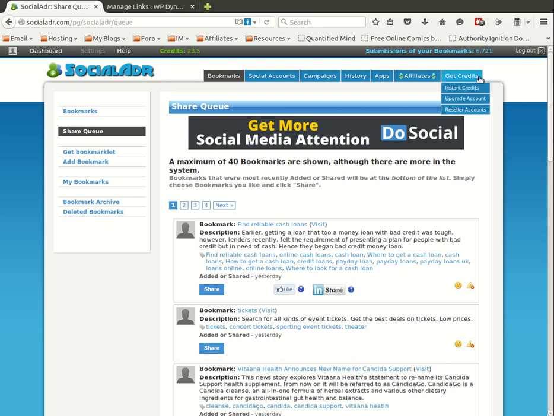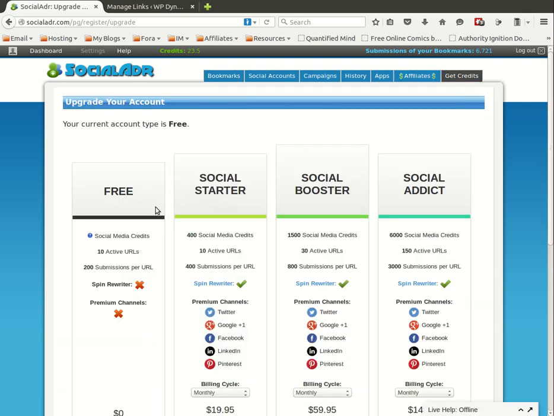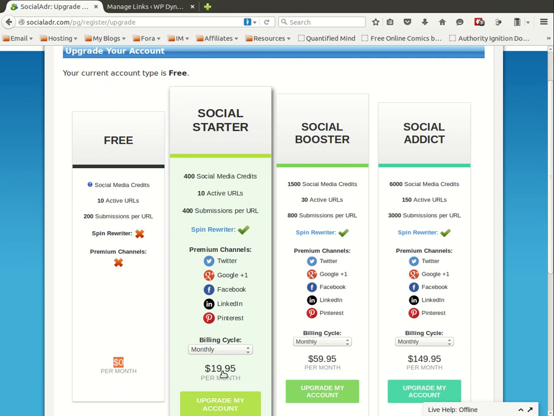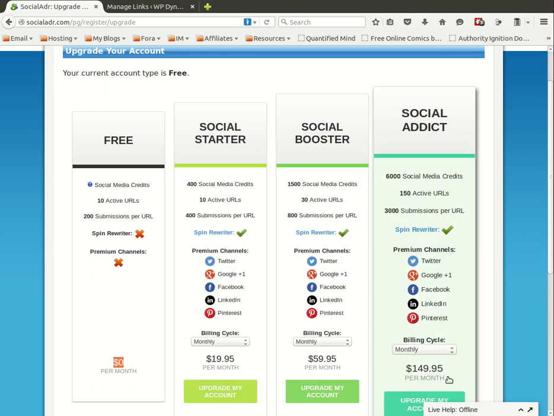They also have a paid account. Let's see, social account setup with it, history, upgrade account. There we go. Here's their accounts. I'm using the free account. For $19 a month, or $20 a month, you can get these limits, and for $150 you